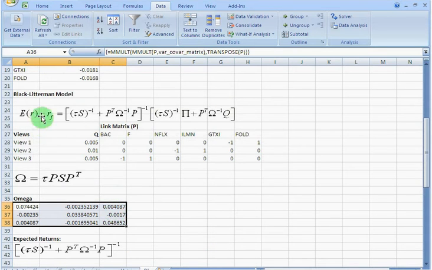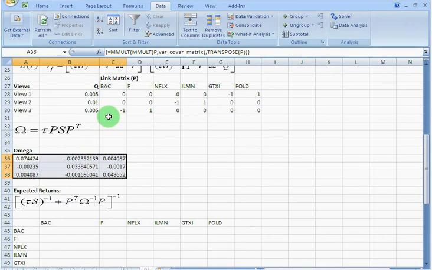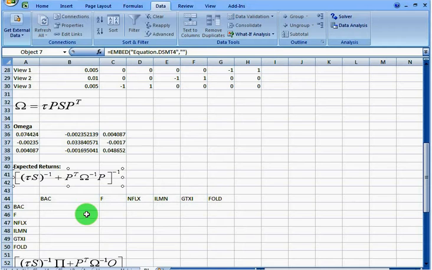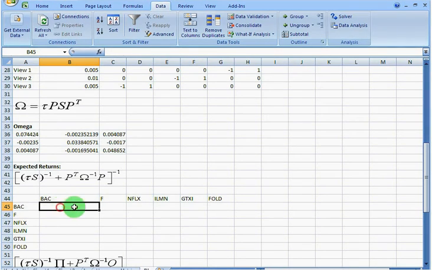Now this Black and Litterman formula is a long formula, so it would be convenient if we break it down into 2 parts. It's a product of 2 terms. We can solve the first term first, and then we can solve the second term, and later we can multiply out those 2 results. So let us solve the first term first. Okay, so here we have the first term. It's going to be, there are 6 companies, 6 stocks, so it's going to be a 6 by 6 matrix. So let me select this region,